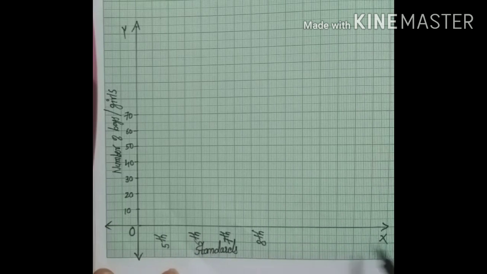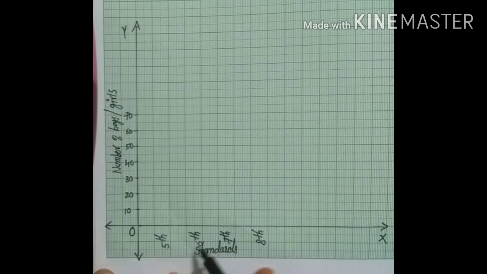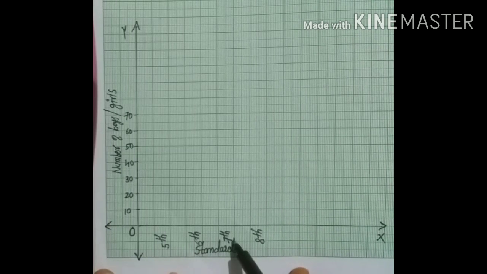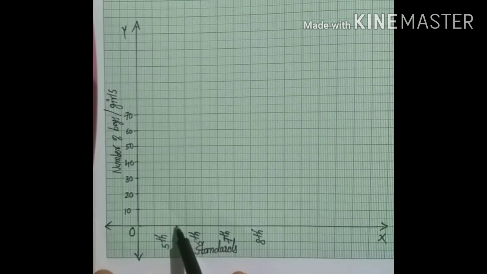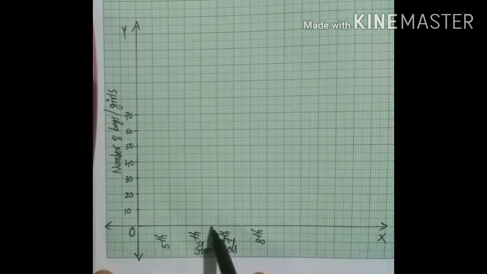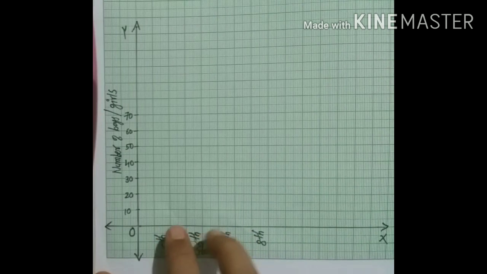on x axis we have taken children standards. Here which standard is given? 5th standard, 6th standard, 7th standard, 8th standard. Okay children, the distance between the two graphs should be uniform. It means children equal. If you are leaving a 1 here children 1 centimeter column, then after the next also you have to leave only 1 centimeter column. Okay, the distance between the two should be equal. 1, 1, 1. Okay, if you are leaving a 2, 2, then you have to leave 2. But you have to leave only 1 children.